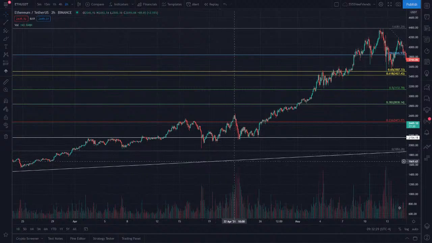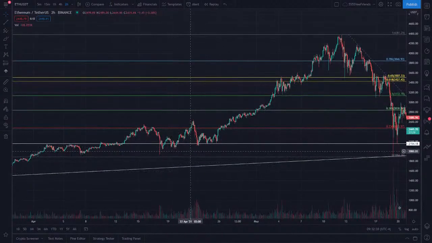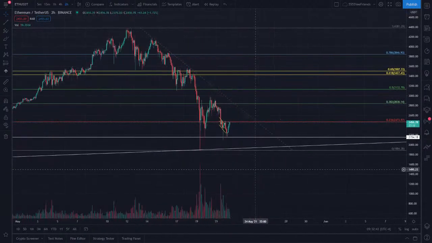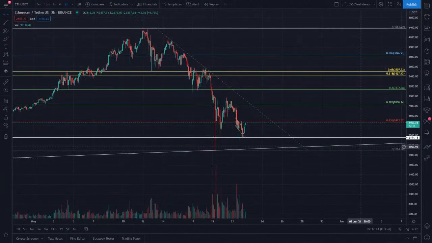So then it starts moving up in this area. Now, here we are today. Again, these are actually 2-hour candles. I think it's because I clicked down here to look at 6 months. So these are 2-hour candles. And what we see here is that there was a clear reaction there. That's why I thought it was a good idea.